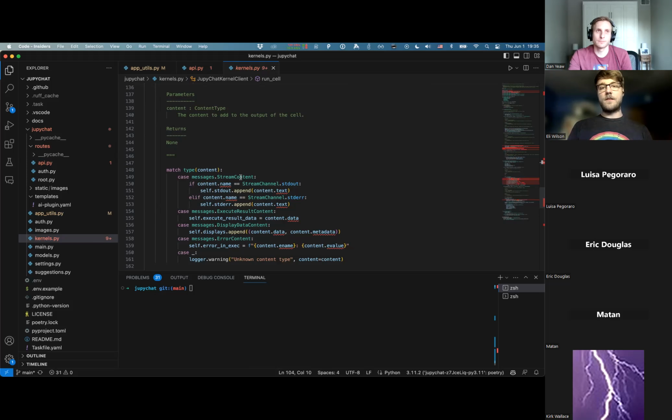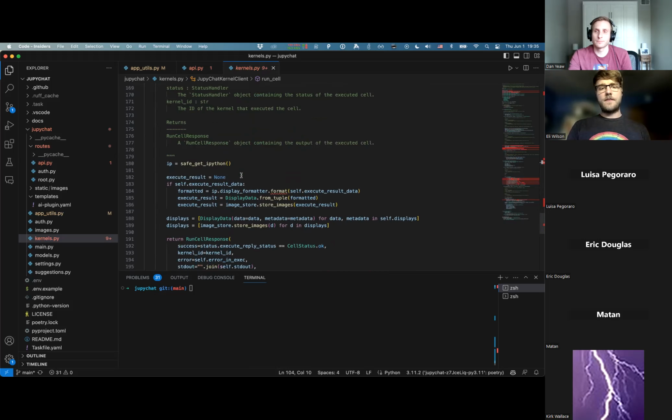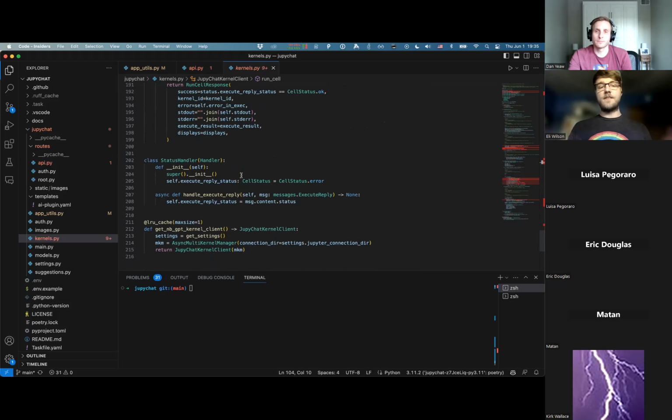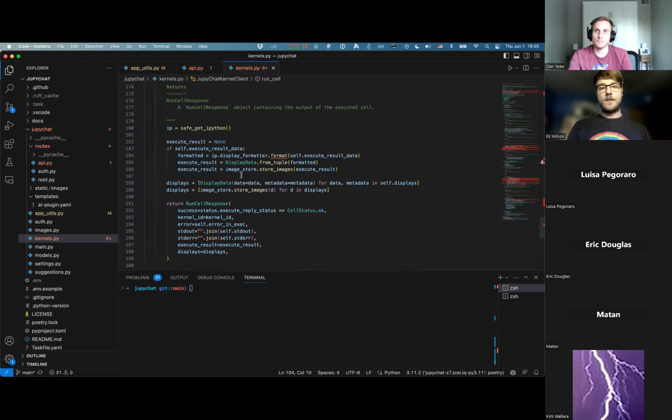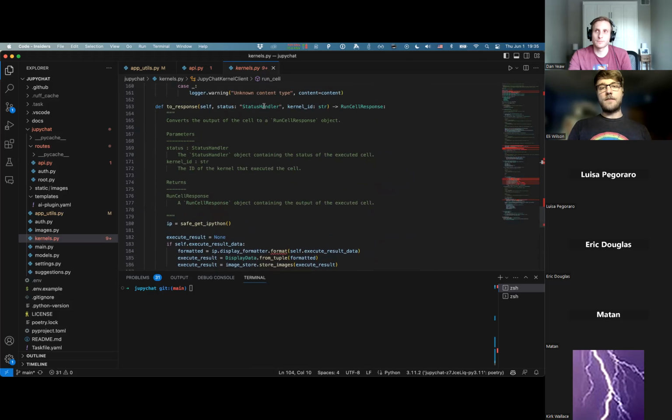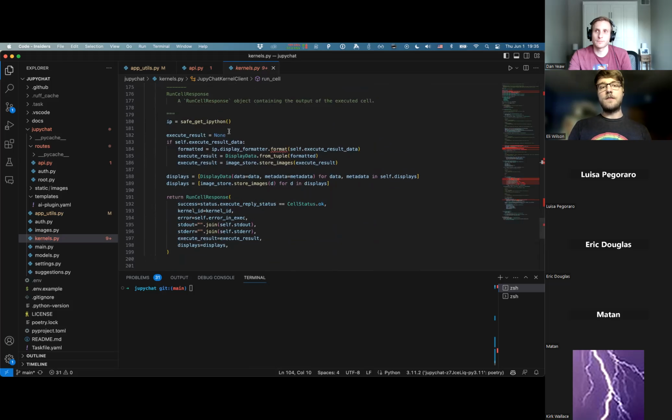And so we want to send all this output back to ChatGPT. And then the status handler, if I go down here, all we really care about is, did this execution succeed or did it fail? And so we combine both of those responses here. We pass in the status, the kernel ID, and here we're formatting basically all the output so that ChatGPT can